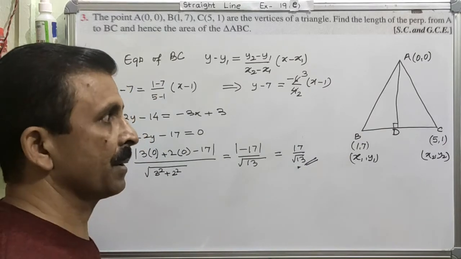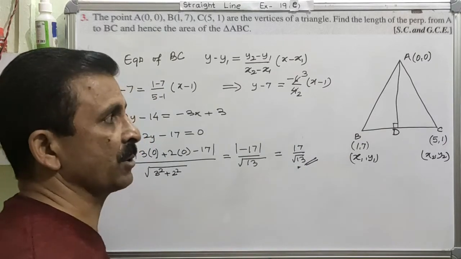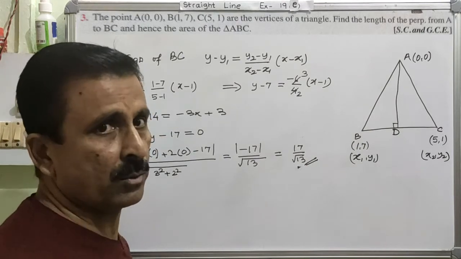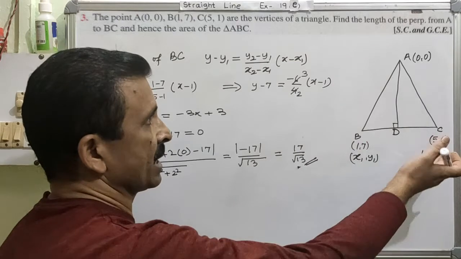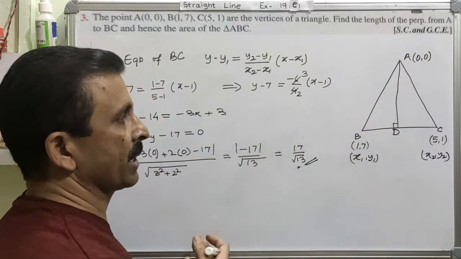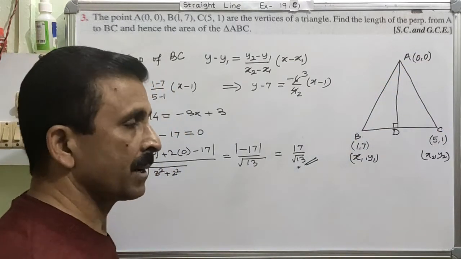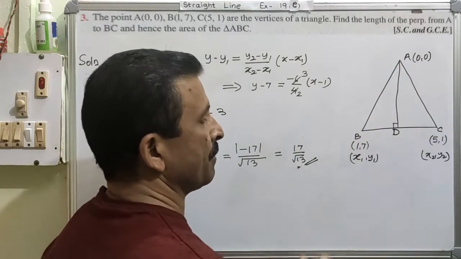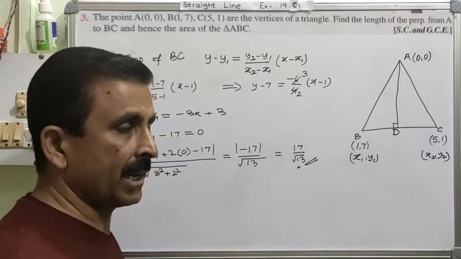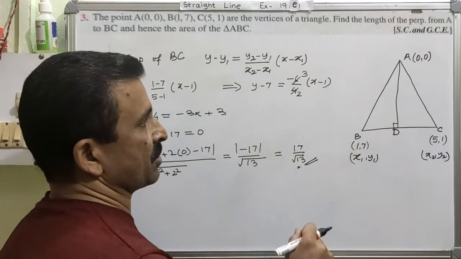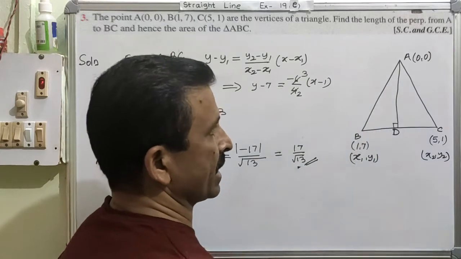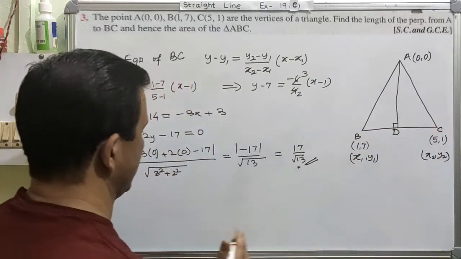Am I clear? Or otherwise you have to use matrix method. So whatever you want to use. If you want to use matrix method, you have to write this all in the column form and then you can calculate the area. Clear? Or you can use the length of AD and length of BC. So I am going to calculate the area of this triangle by calculating the length of BC. AD is already calculated. So BC we will calculate.